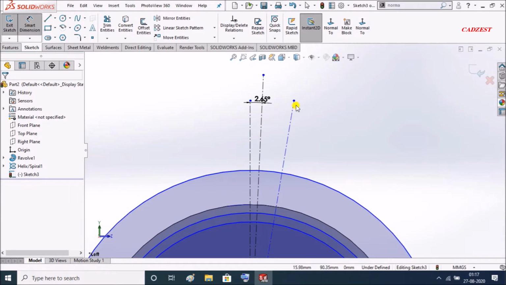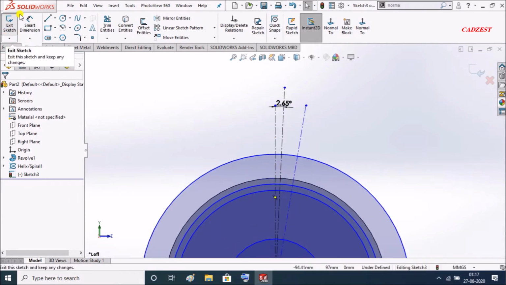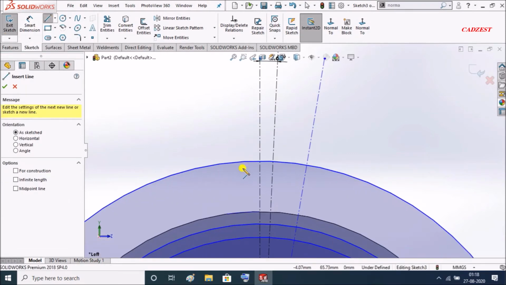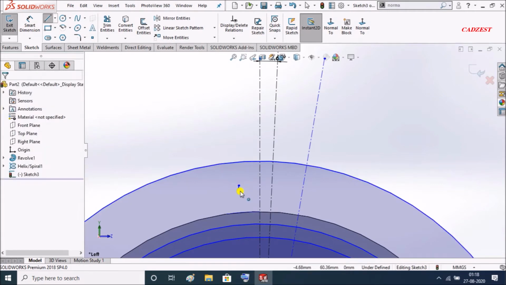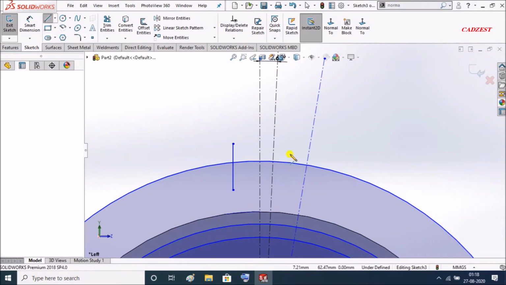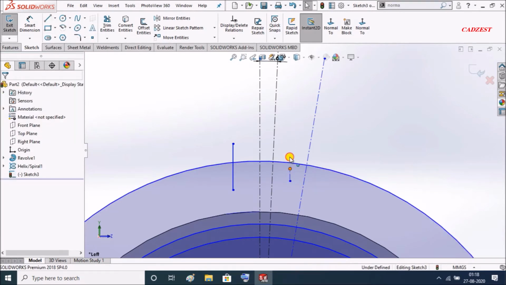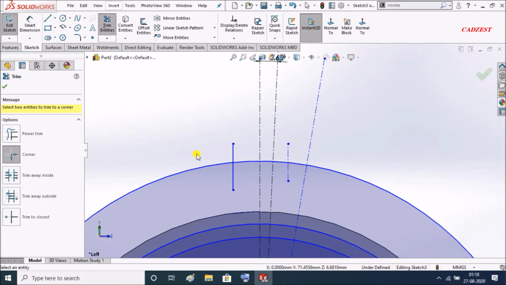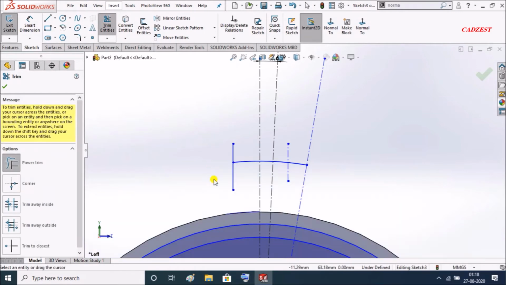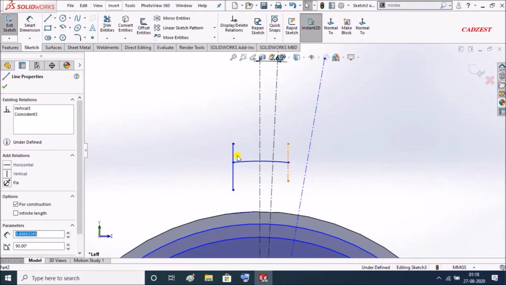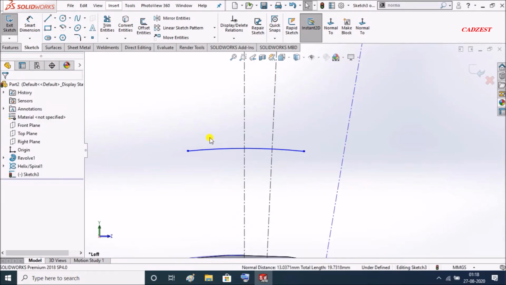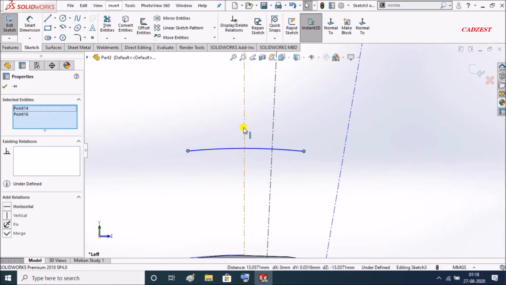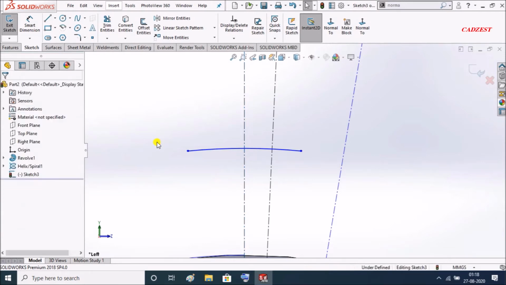Just trim this. I'll delete these 2 lines. Press Ctrl and hold, select this point and this. Here you will have the option of symmetric. Click on that.